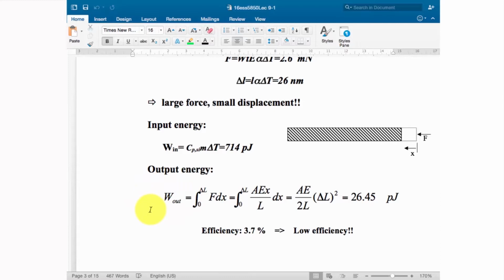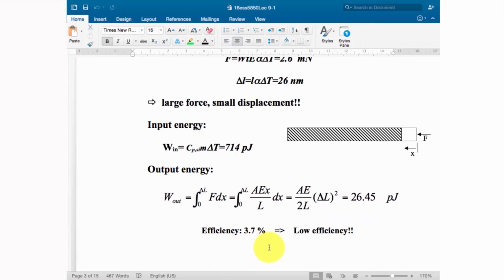So we consider the work. The work is defined by the force times the displacement, and we integrate from the beginning to the end. So at the output, you get 26.45 picojoule, the output work you have done throughout the whole extension process of the actuator. So you find the efficiency is pretty low, only